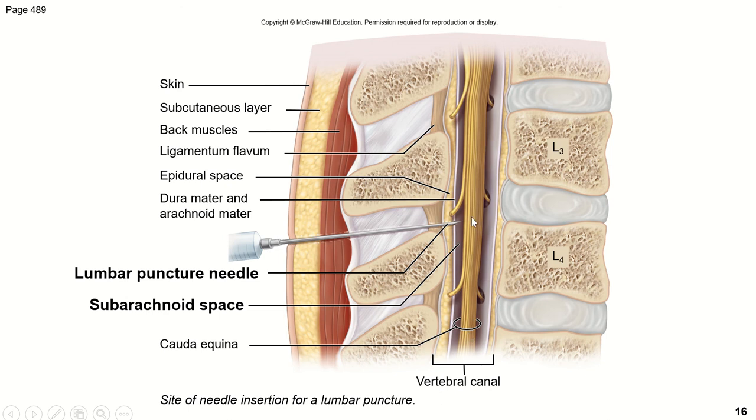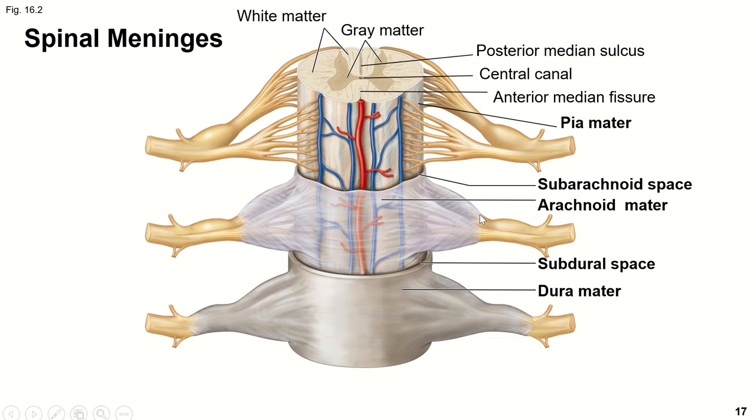So even if the needle goes too far and punctures a nerve, it's probably only going to damage a single nerve and not that very dense neural tissue of the true spinal cord. So it's a little safer than trying to inject something around the true spinal cord. Still pretty impressive. All right, so here's all those layers, the dura mater out here extending out around the spinal nerve,